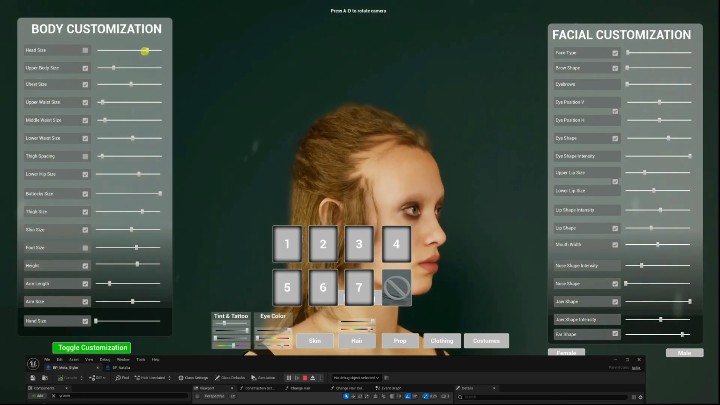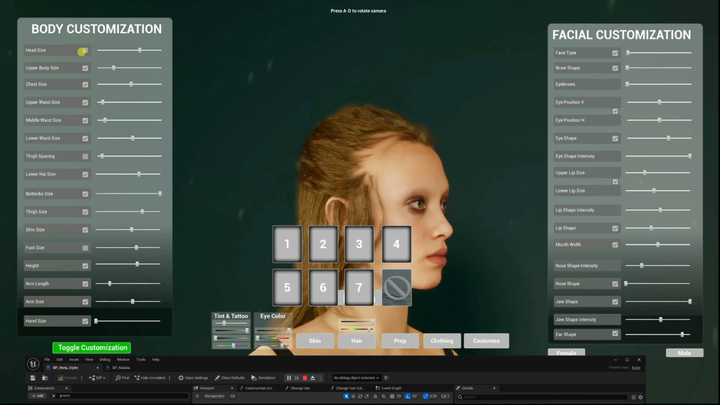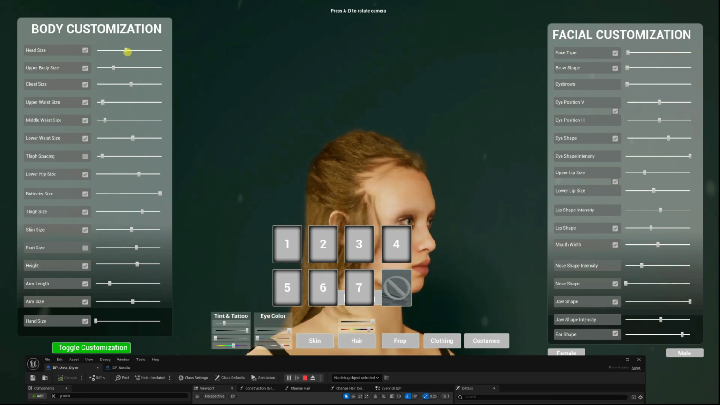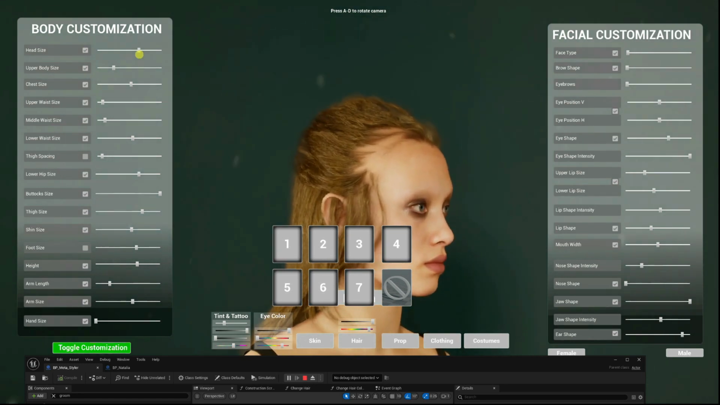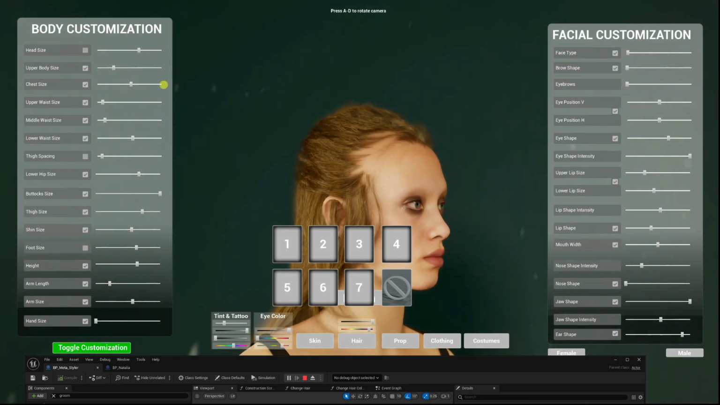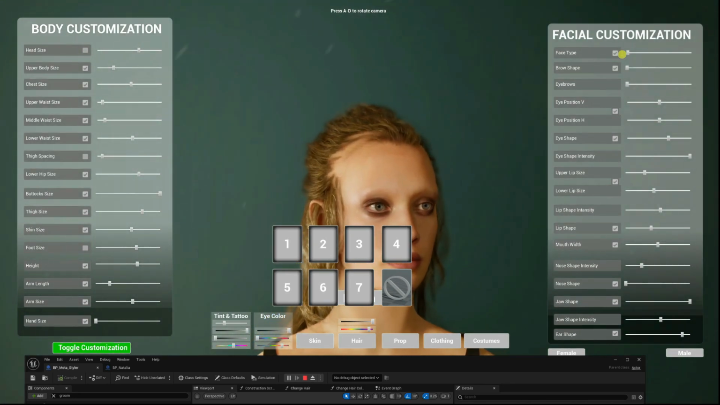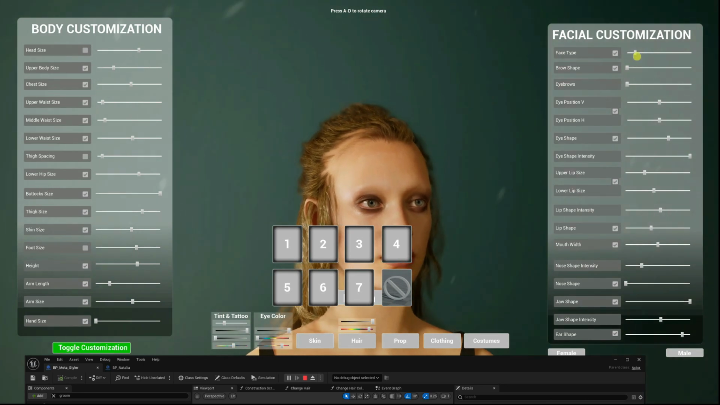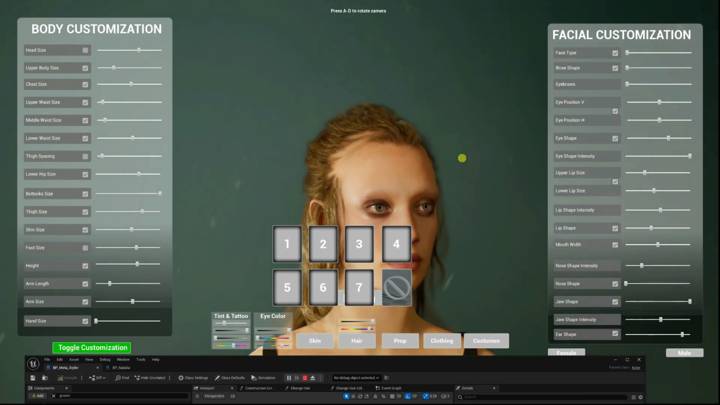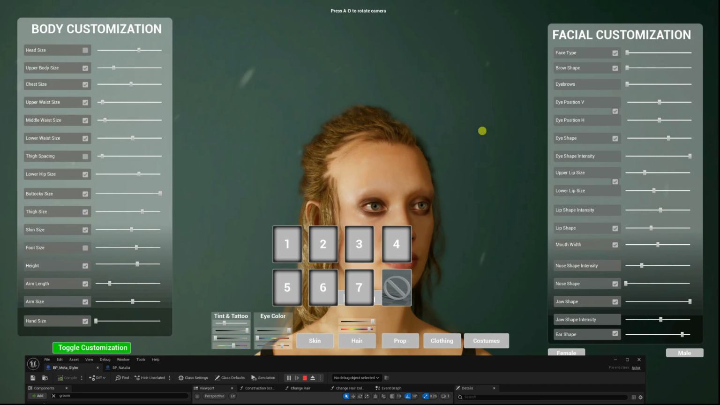Okay, if I were to adjust the head size, that would not make a difference because it would scale everything. Okay, so just pick a different hair which better matches. Okay, so now I want to add a new face type. Okay, so what I need to do here is